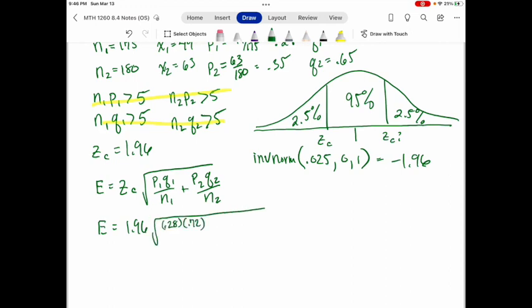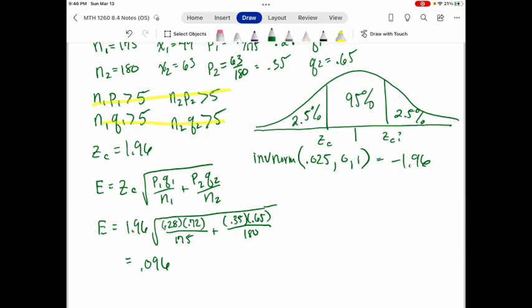So I have 0.28 times 0.72 over 175 plus 0.35 times 0.65 all over 180. I've got to square root it and then multiply by 1.96. That's going to give me, when you put that in on the calculator,